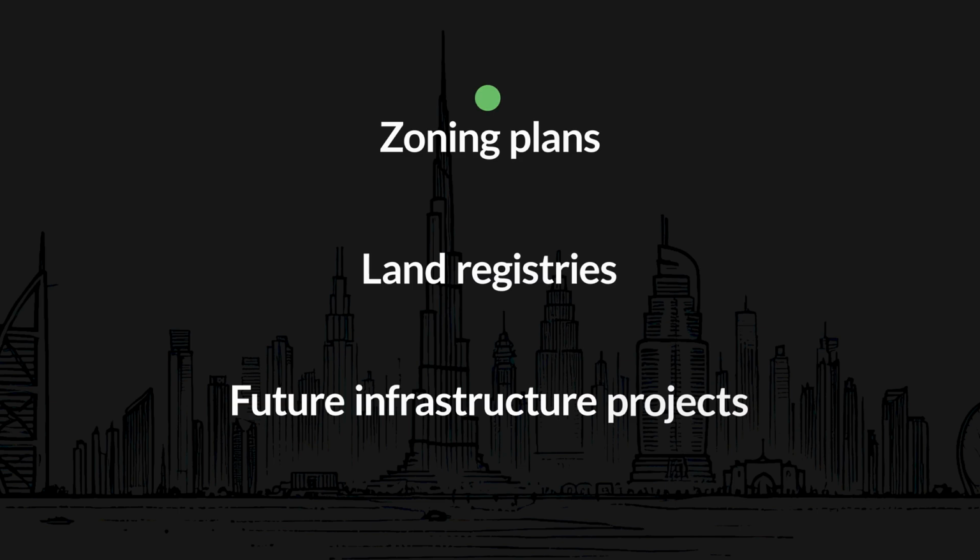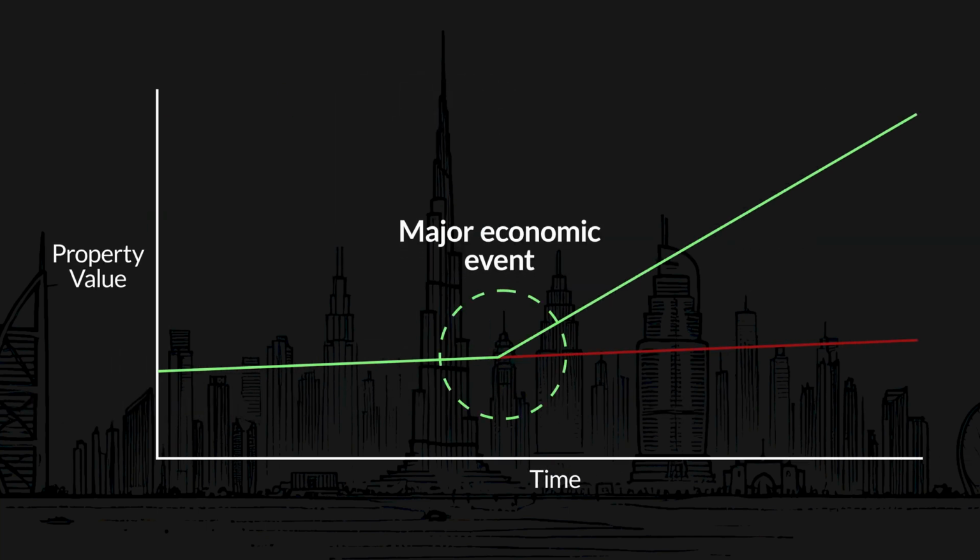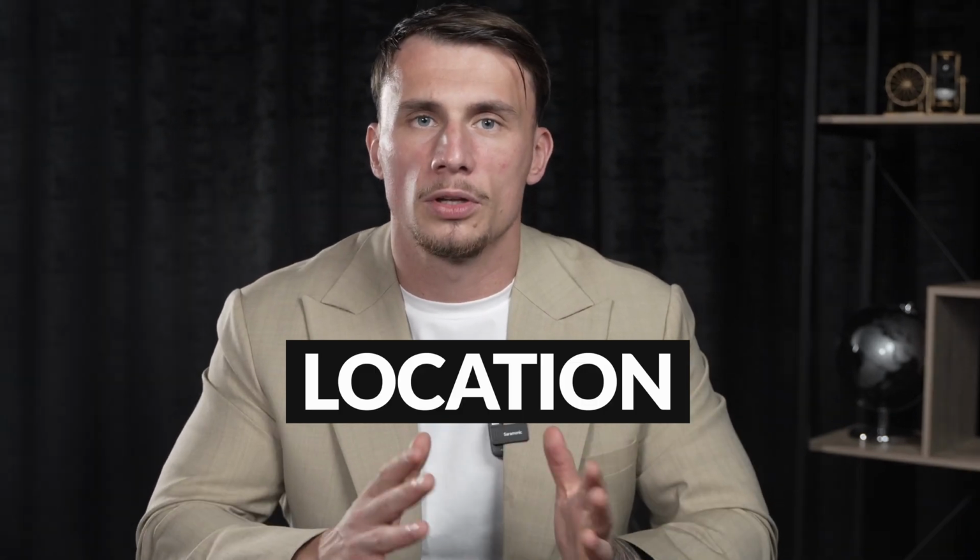We check the zoning plans, the land registries, and future infrastructure projects to get a real picture of what's coming. Because if you buy into an area that ends up booming, the price of your asset is going to go with it. So it goes back to that old-time advice: location, location, location. Once you understand the actual value of the property and the future plans for the location, there's just one